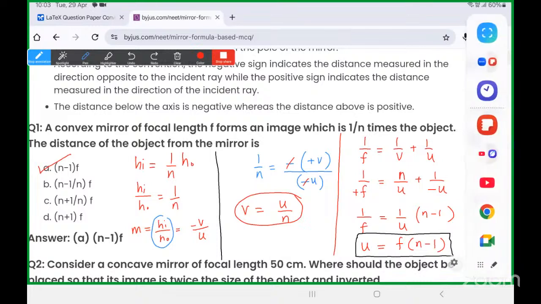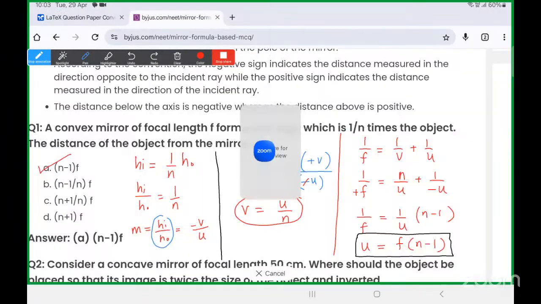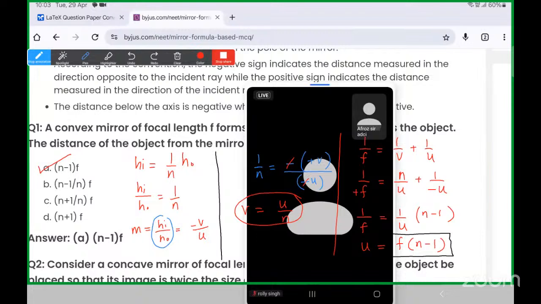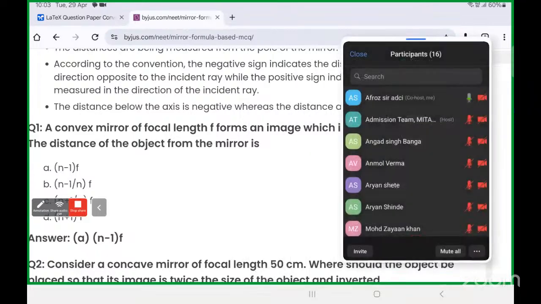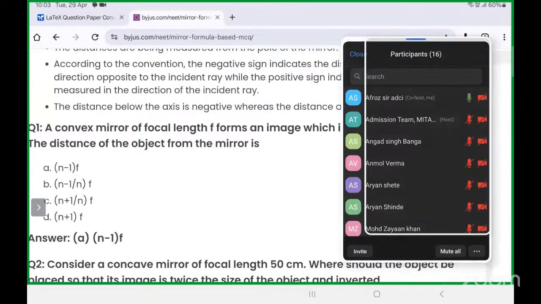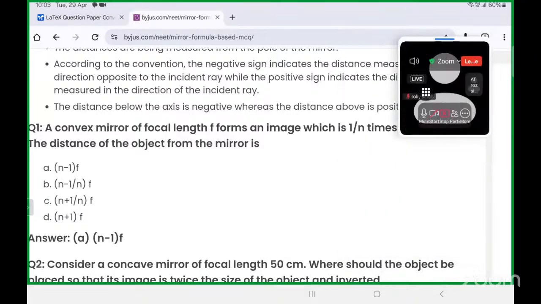लिया सबने स्क्रीनशॉट लिया? ठीक है बेटा, यस। चलो अभी आगे बढ़ते हैं,